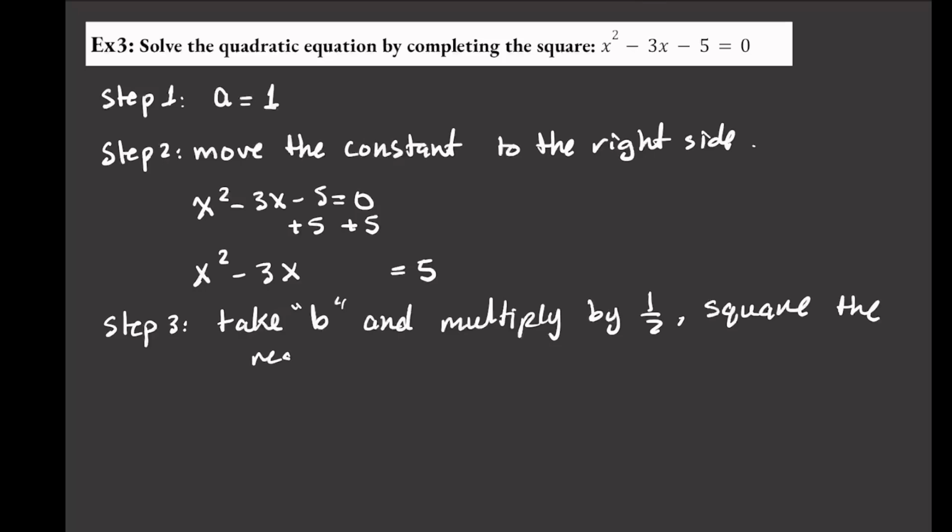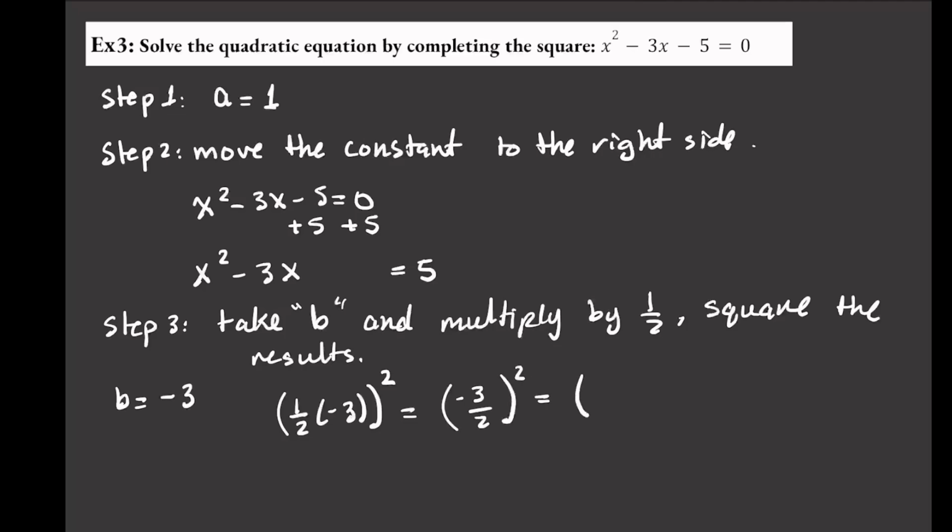Here my b value is equal to -3. So I take that b value and multiply it by 1/2, so 1/2 times -3, and then I square it. The 1/2 gives me (-3/2) squared, and that should equal